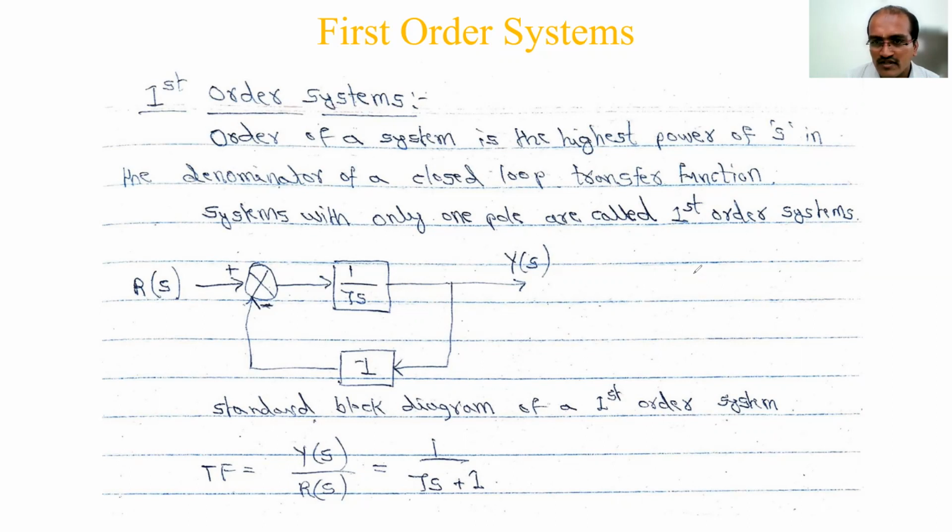In the transfer function model, we find the output by input in the Laplace transform. Here Y(s) over R(s) is the transfer function, as shown here. Now what we are going to do in time domain analysis is find out y(t). So how do we find out this y(t)? That is our discussion.